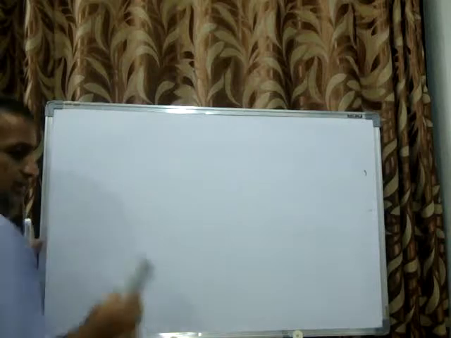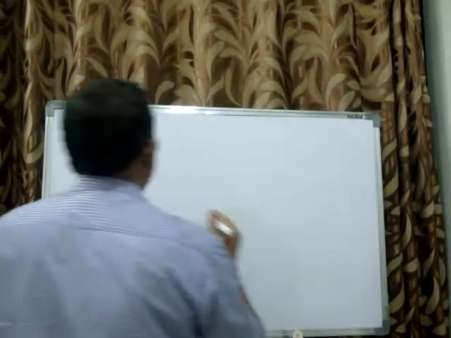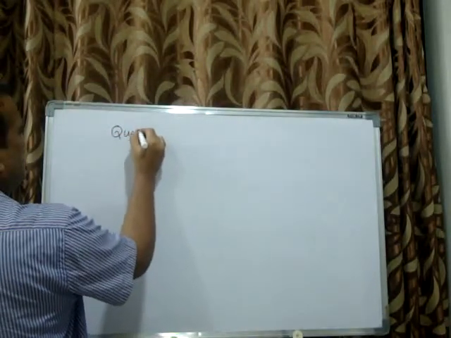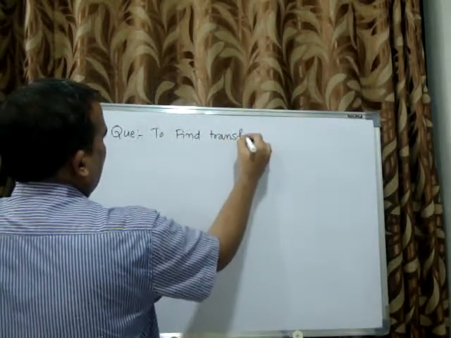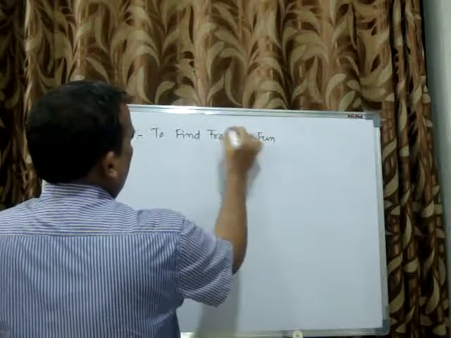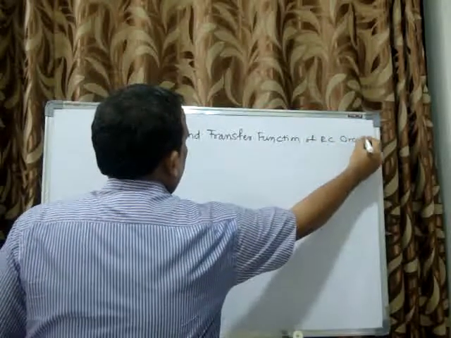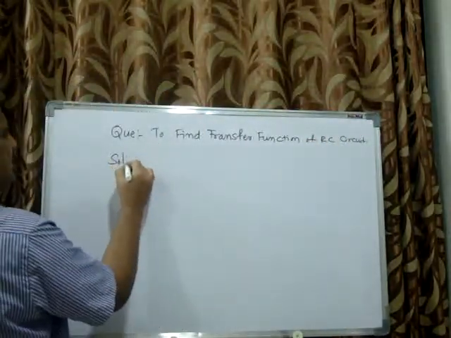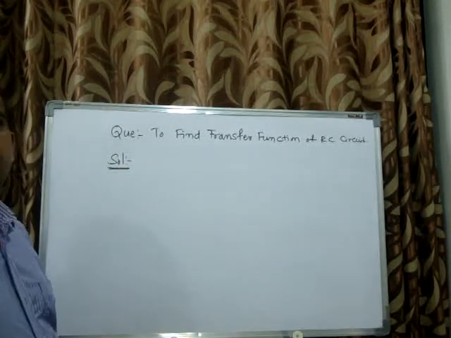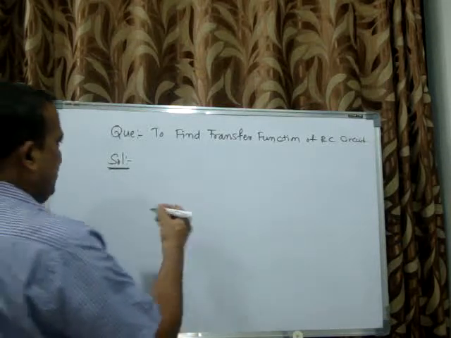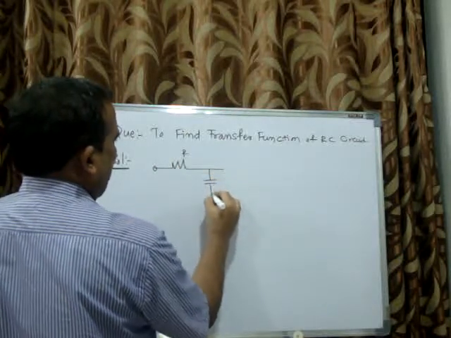Now I will take one example of transfer function. For example, RC circuit is a very basic circuit. So the question is to find the transfer function of the RC circuit. Okay. So this is a basic electrical system like a spring mass system. First of all we'll see the basic circuit, that is R, and this is C. C is a capacitor, you know,